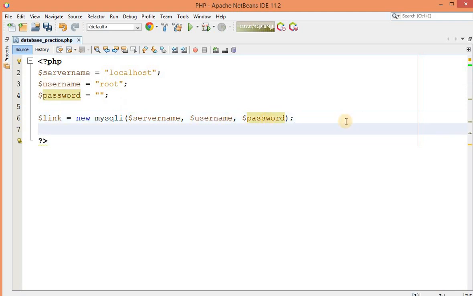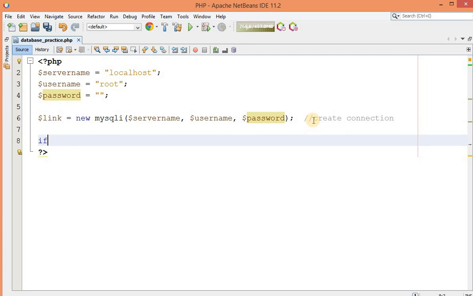Now you just need to check whether this connection is established or not. This particular line is to create the connection. After that we will check whether the connection is established or not.